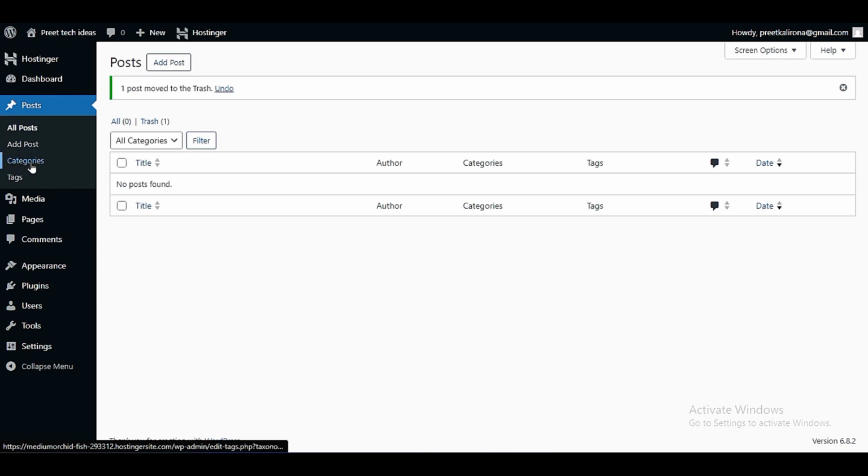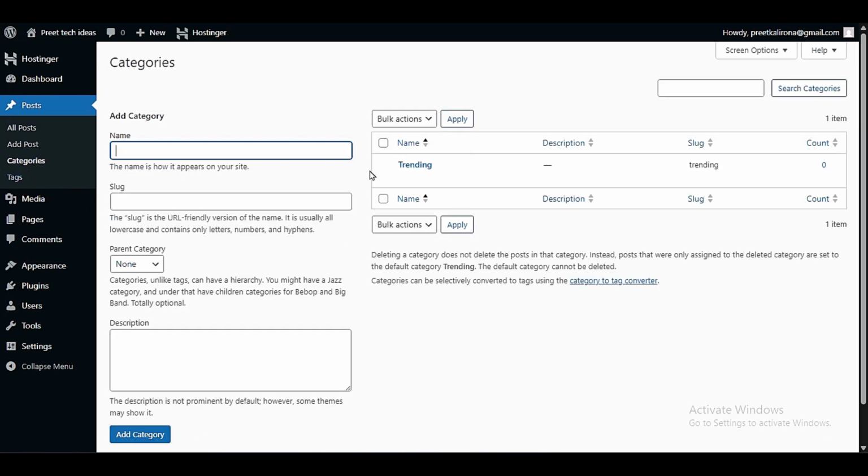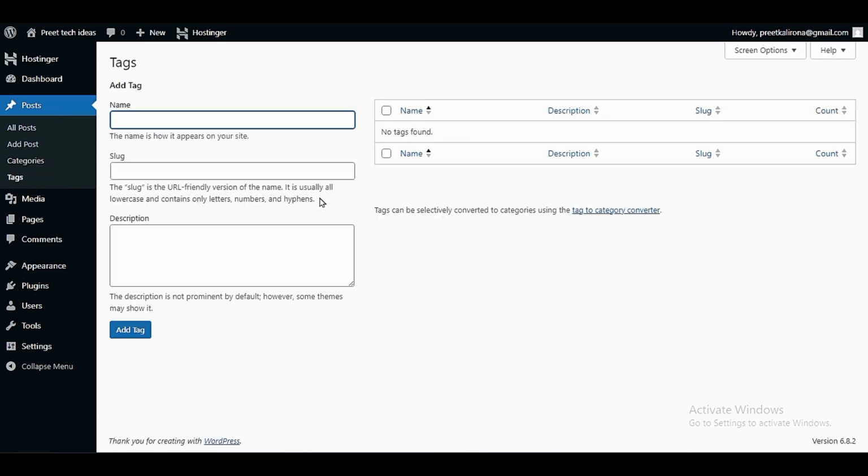Number 3 option, categories, where you create different categories for your blog post. These categories are only for blog posts, keep in mind, because we are in the section of post. And then we have the option tags. In the tags you can add different tags. When you start creating your blog post, you can add different tags, and your tags will be shown here, all the tags. If I click on add post,